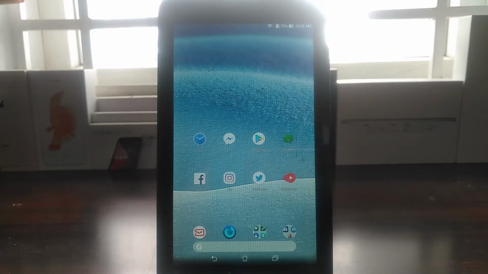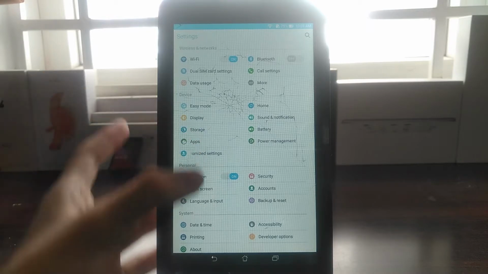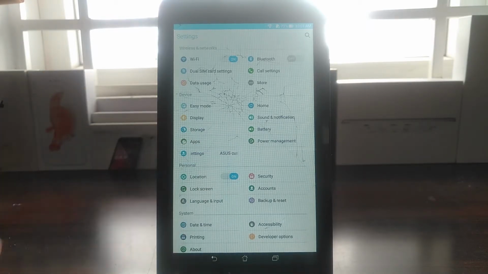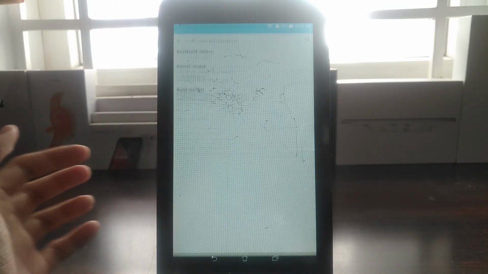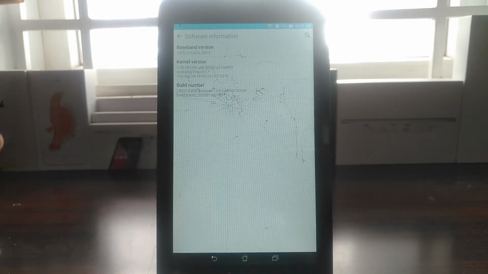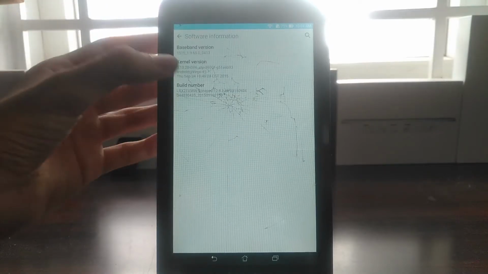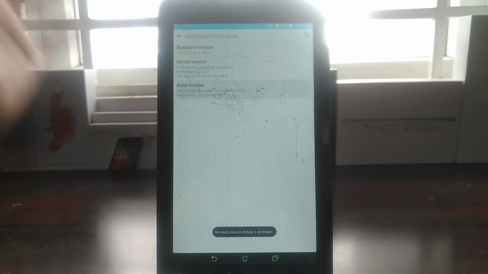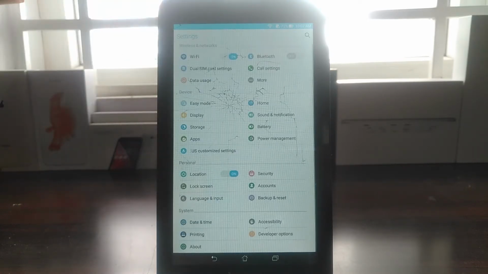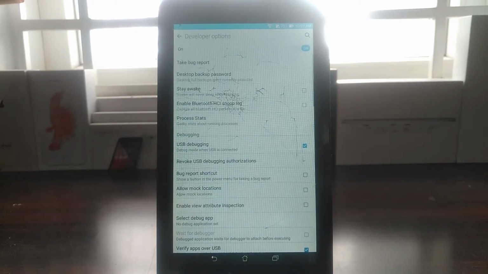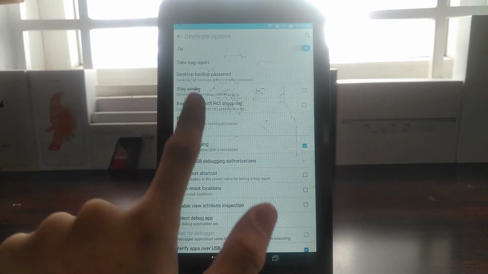The next tip is to limit your background processes. These processes can take up a lion's share of your RAM. To do this, go to the About section of your settings. You need to find the build number of your Android in that About section, and tap 7 times on that build number. It will prompt you that you are now a developer, and you can exit, and you will see a developer option right there. You'll go to the developer options, and you need to go